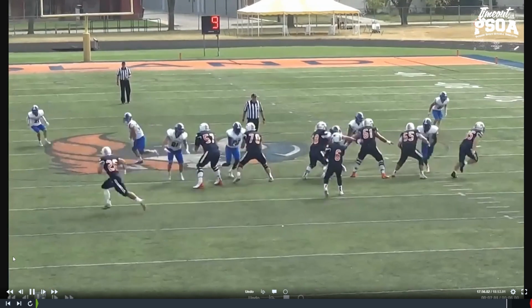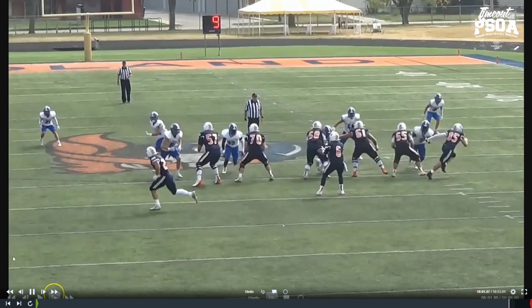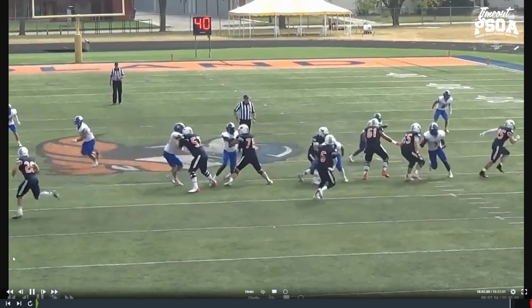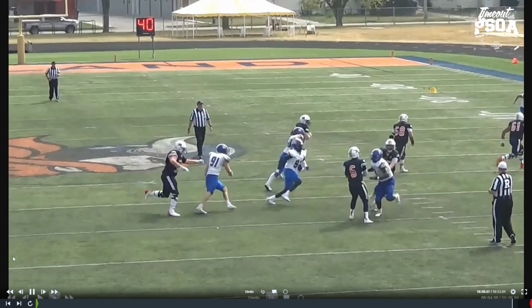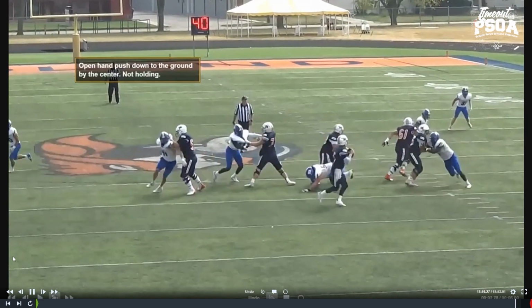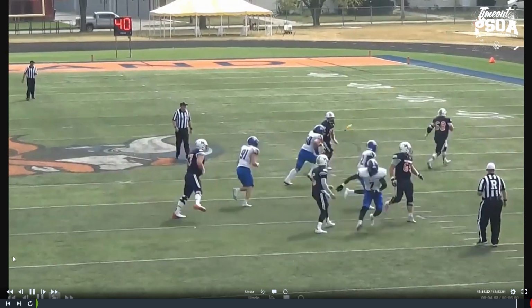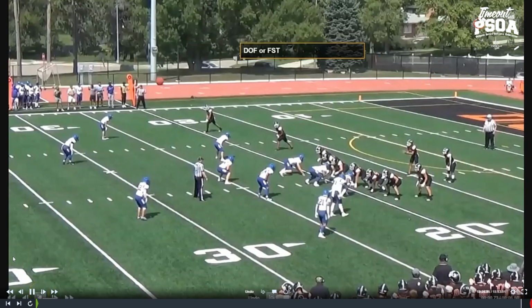Okay, so let's take a look at this. You can see what they do is they kind of throw them down from the side or from behind. But the thing is, on a screen pass like this, by our philosophy, this is not a takedown. It's called a shed block, and shed blocks are not takedown offensive holding calls. So referees, make sure you understand that. Talk to Sean or myself if you have any more questions on a shed block, and that's, like I said, on screen passes.